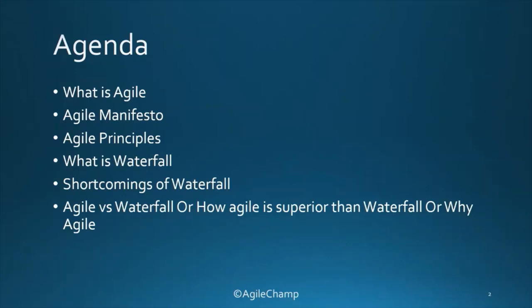Now, what do we mean by iterative? Iterative development is to build something, get some feedback, then refine it to make it better, and keep doing that until the product is good enough. Suppose, for example, we are creating a painting. So first we draw one object, then we draw a second object, then we draw a third object, and after completing the drawing of these three objects, we are getting feedback